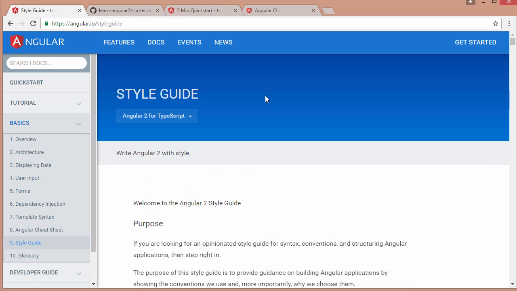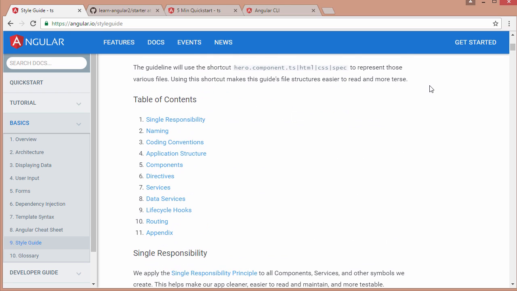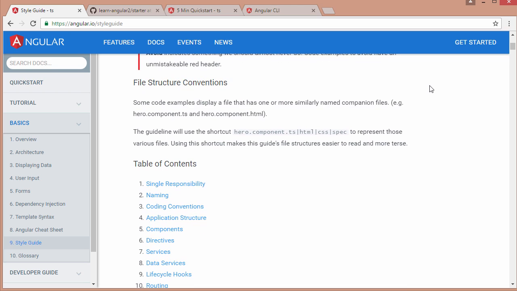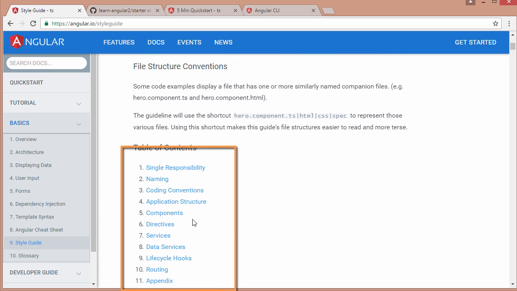and it follows this Angular style guide. So throughout this course, I'm going to be showing you how to build your Angular apps according to the best practices of Angular as defined in this angular.io/style guide. So I'd recommend you have a look at this any chance that you get to see the various conventions that Angular suggests when creating your application. So there's lots of different conventions with regards to naming, code structure, as you can see, directives, services, all this. So we'll make sure that we follow this guide so that you're creating elegant code that's readable for yourself and